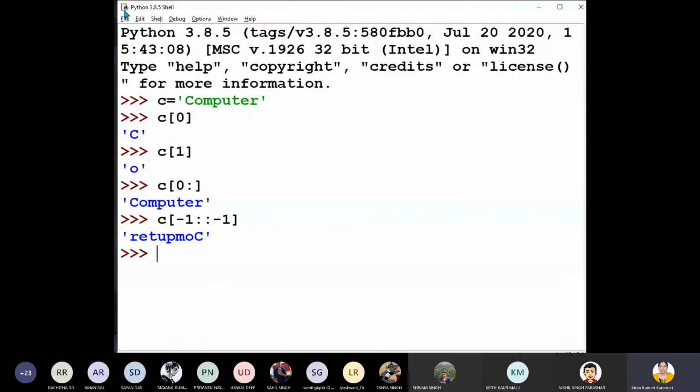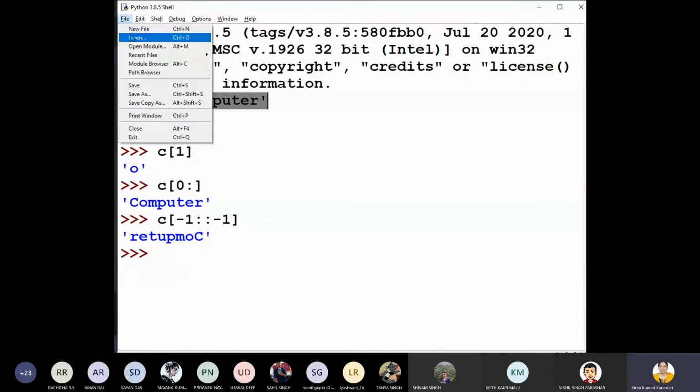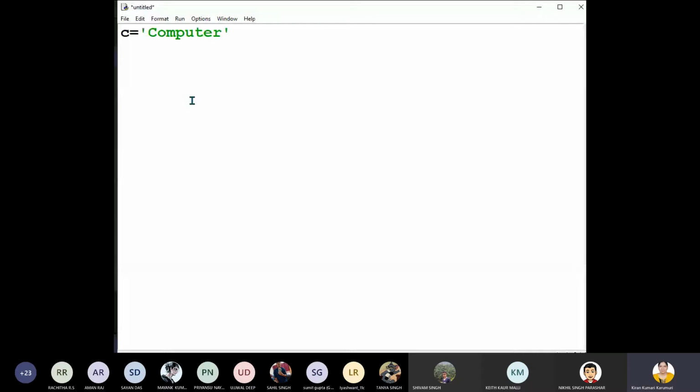See, if I'm doing it in the interactive way, immediately I'll get the result, so there is no need of writing the print command. The same thing if you want to write within a program, so now what should I display? Print C in the reverse direction. If we put only -1, what will happen? We will see beyond -1. -1 is R. What is to the right of R?